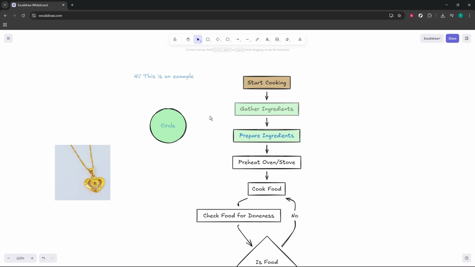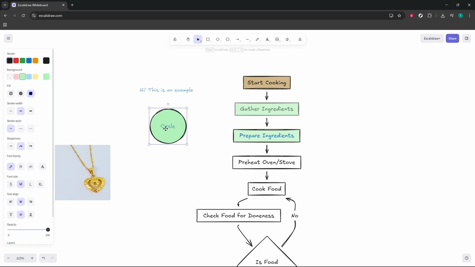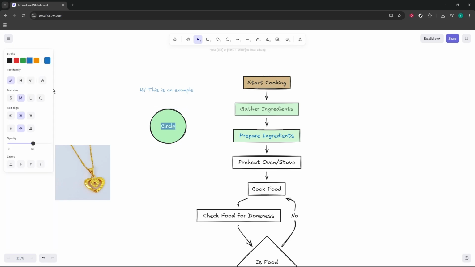Clicking once with the text tool gives you a natural auto-size label that grows as you type, while click and drag lets you control the line length to avoid overly wide text. Double-clicking is the fastest way to drop text anywhere without thinking about tools. And when you're working with shapes, remember that pressing enter or double-clicking is your shortcut to adding labels right inside